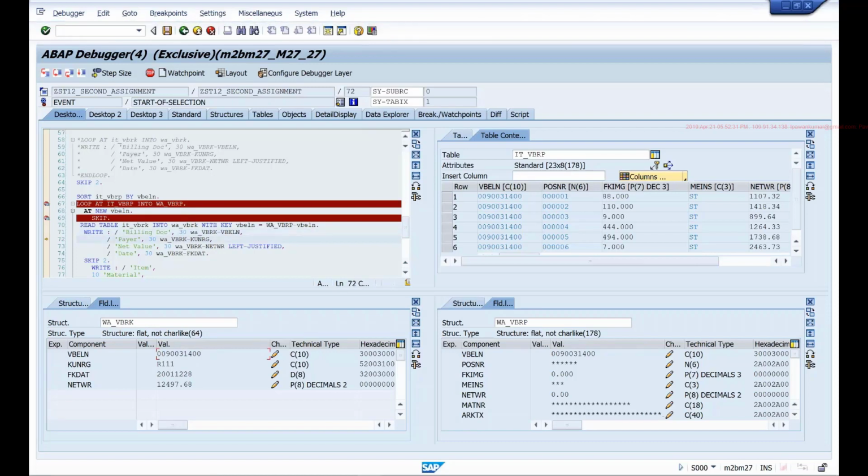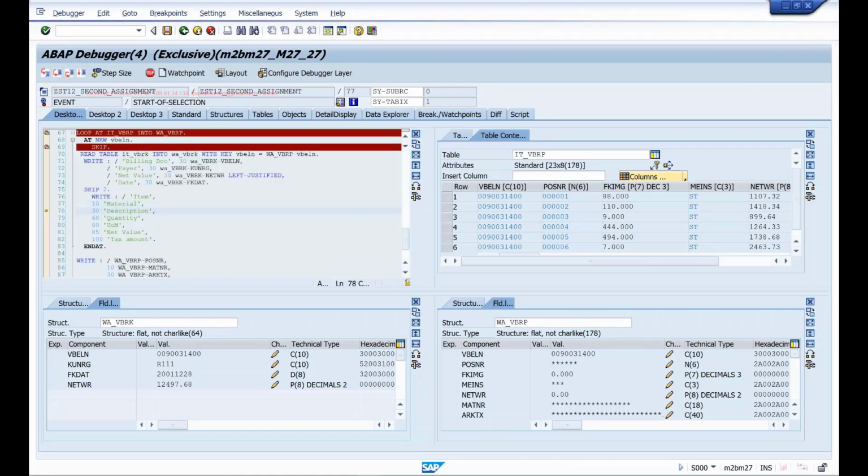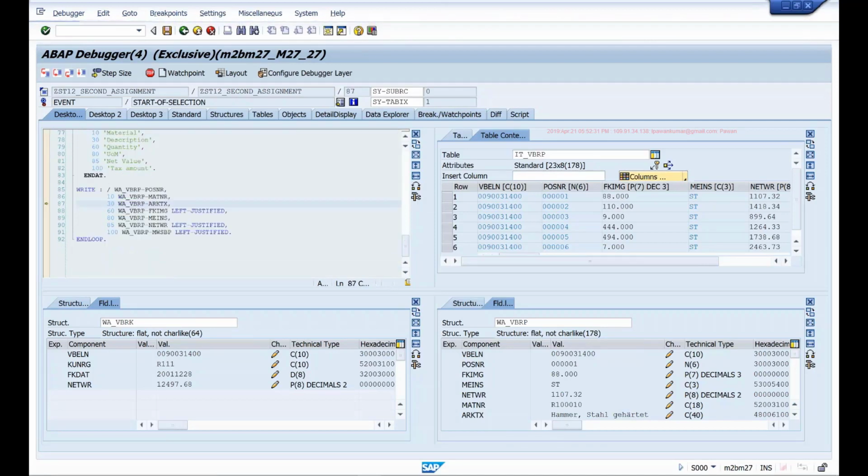This will also take time, but it is much faster compared to writing a select single. And it prints the header details. I'm pressing F5, executing each statement. Then I'm printing the item details.